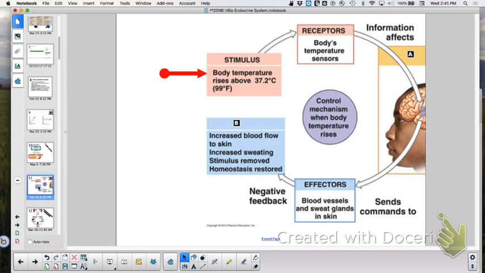When we see it here, temperature control is a classic negative feedback, keeping your temperature just right. If you're working out on a cold morning, you go for a run. At first you're what? Shivering, right? But then your body starts to make more energy and use more of that energy, and you're generating more heat and then you're starting to sweat. So you walk a little bit and then you might get cold. So you're trying to keep your temperature just right. That's a classic negative feedback.